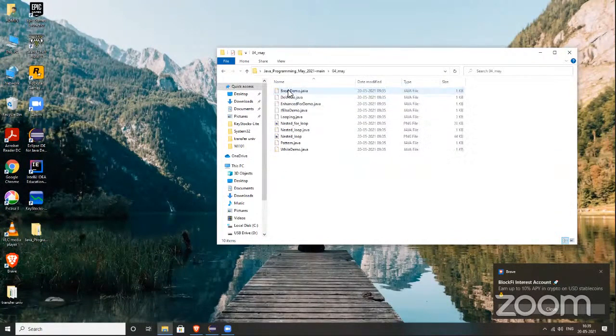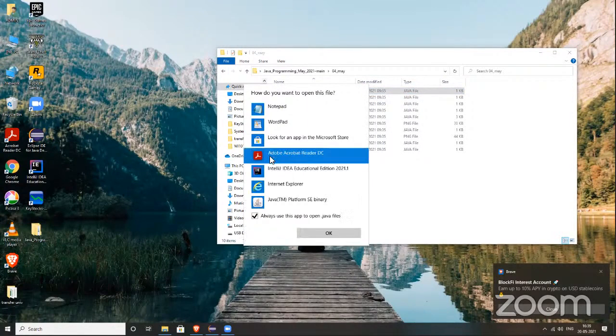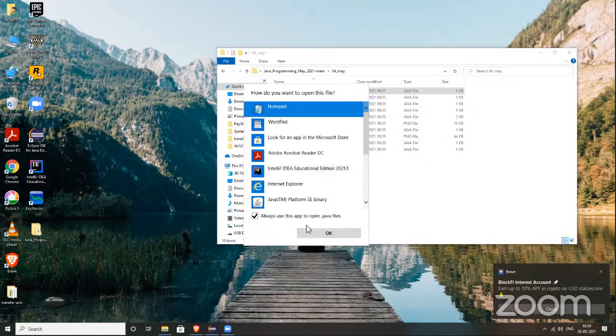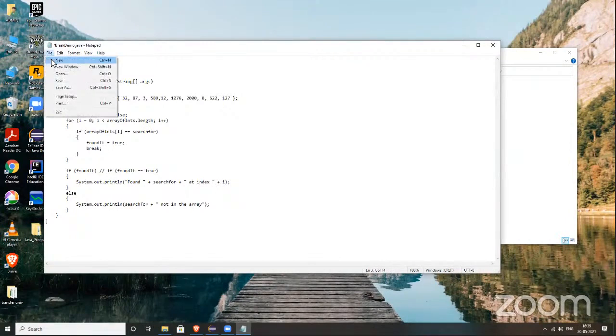Open it with Notepad. Change the name to demo. Now save it. Now go to the path where you have kept this folder.